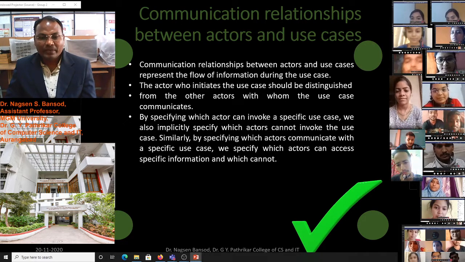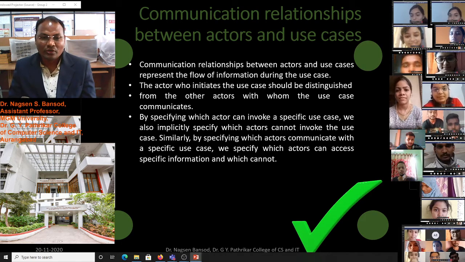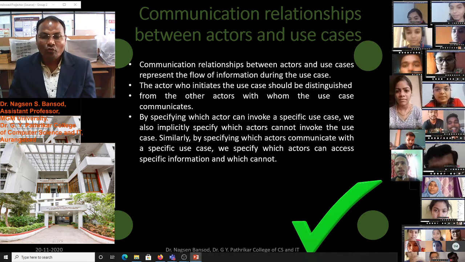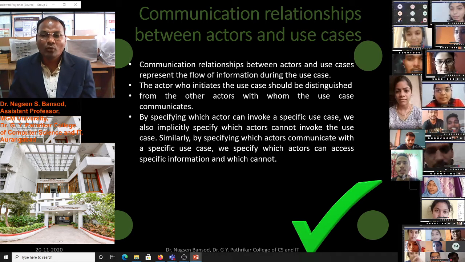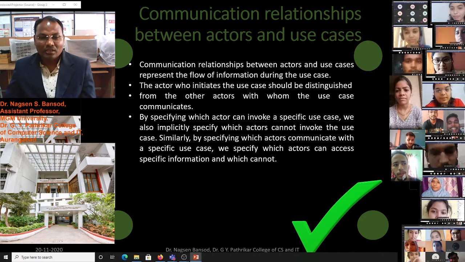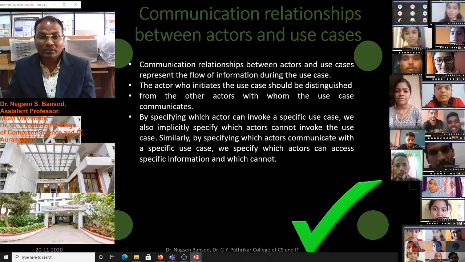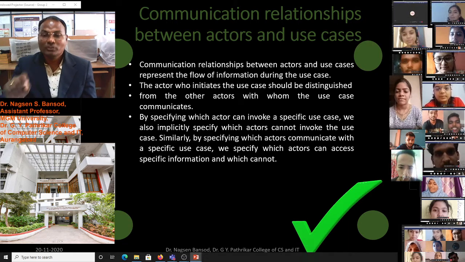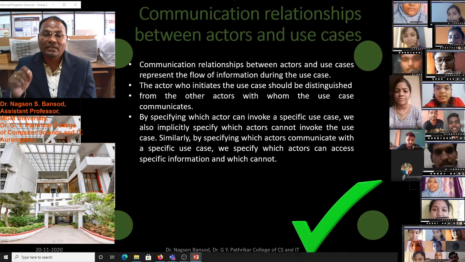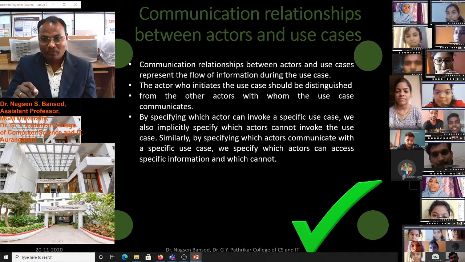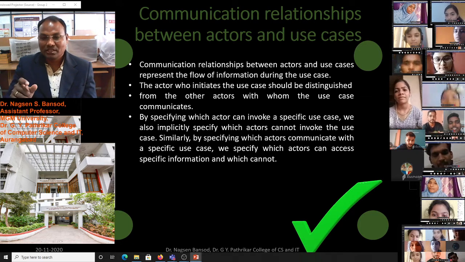By specifying which actor can invoke a specific use case, we also implicitly specify which actor cannot invoke the use case. Similarly, by specifying which actor communicates with a specific use case, we specify which actor can access specific information and which cannot in the use case.